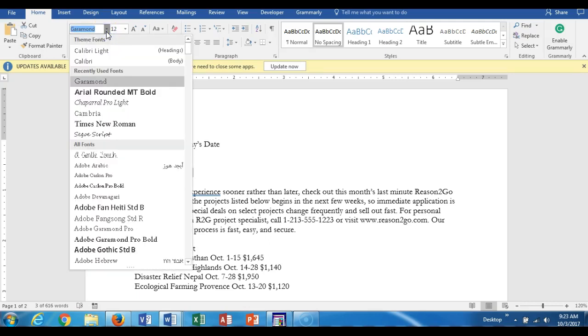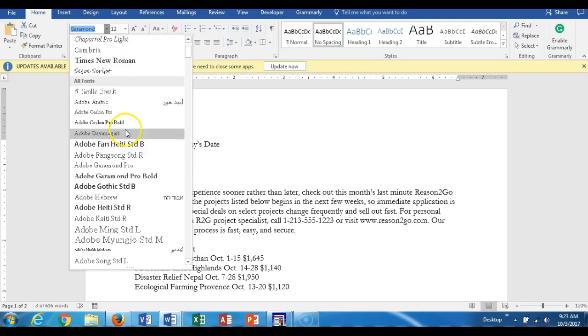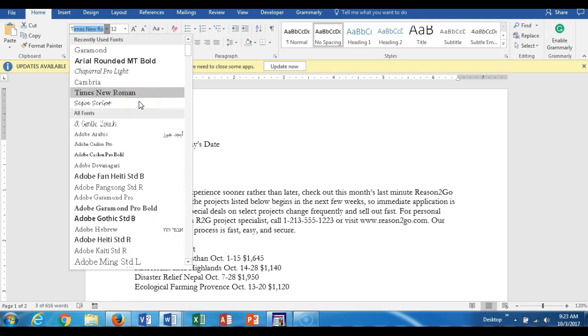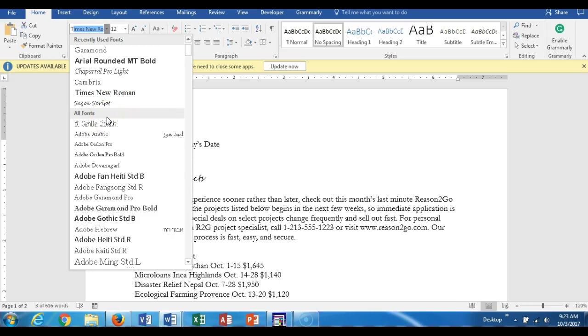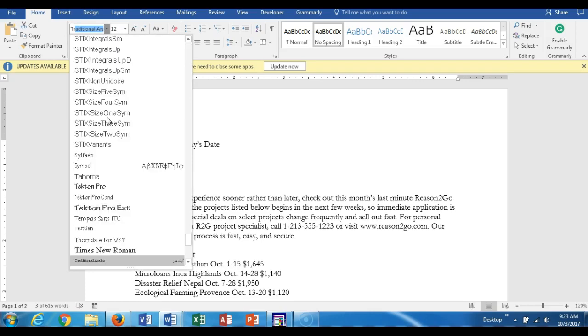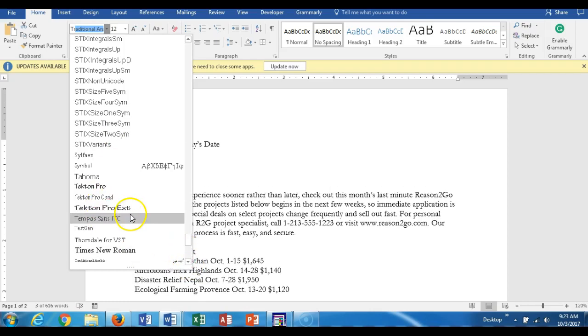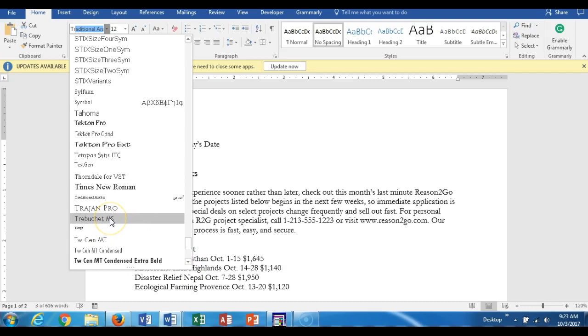So I select the fonts, and I'm going to scroll on down. If I type a T, that brings me automatically to the T's, but the first T, let's type this in, TR, and it should bring me to my, here we go, it brings me down alphabetically, and the font that I want is this one right here. That's Trebuchet MS,